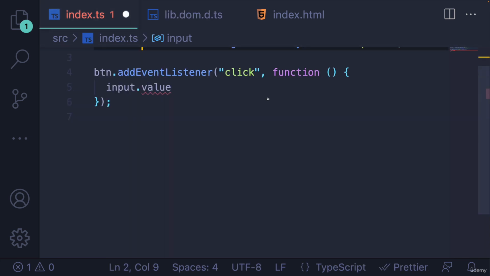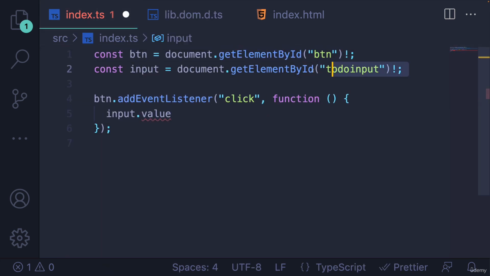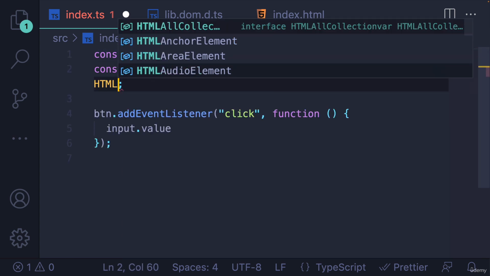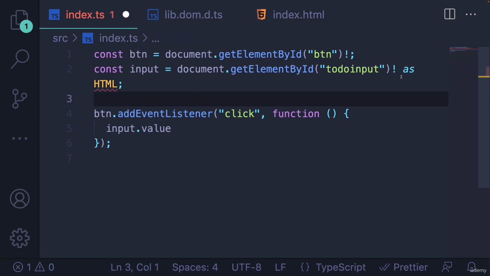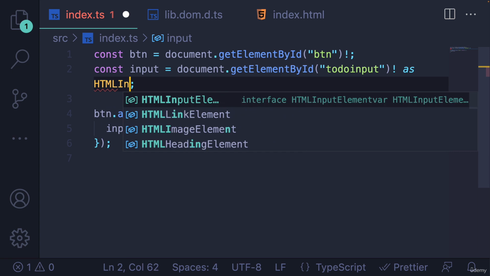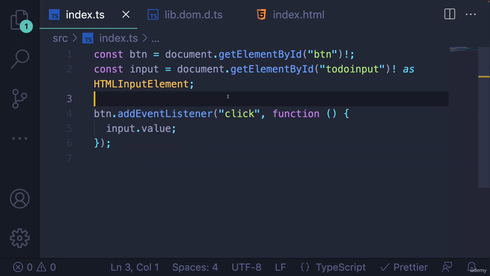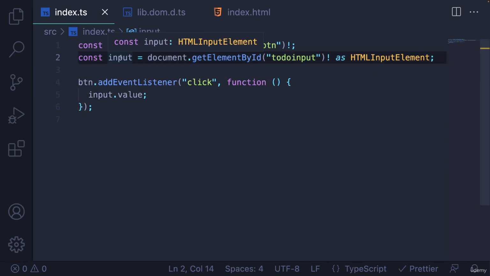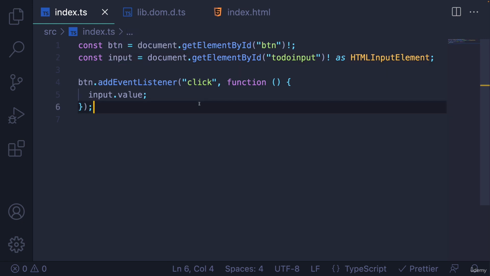We know that this is an input we're selecting, but how is TypeScript to know that? It doesn't know what has this ID. It's not that smart, and it can't look at our HTML. It can only look at what it sees in this file. So this is where we can cast it and say, actually, instead of just a generic HTML element, which is the default, we're going to say as HTMLInputElement. And now input is treated as that type, HTMLInputElement, and that has a value,